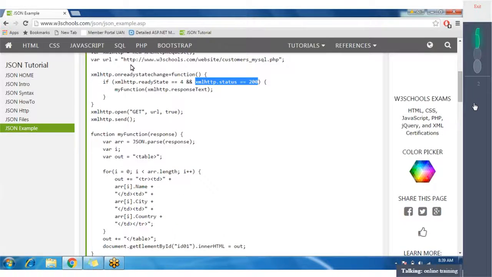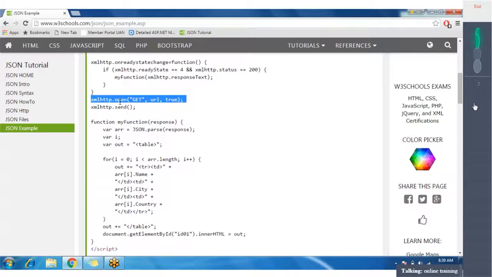So what it is doing is opening the XMLHttpRequest. In open, it's saying that I want to make the call with the help of the GET method, not the POST method. It is passing the URL, and is it also passing the third parameter? Maybe it will be synchronous or asynchronous, something like that. I'll cover that. Let's see what is here. Okay, then it has opened the request, and it is trying to send that request to the server with the help of the send method.